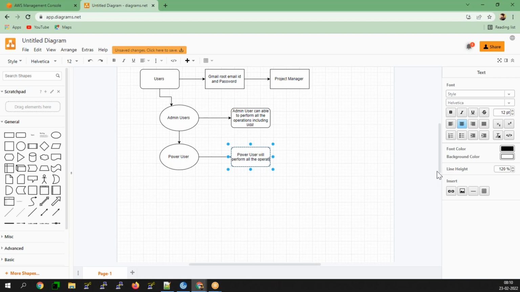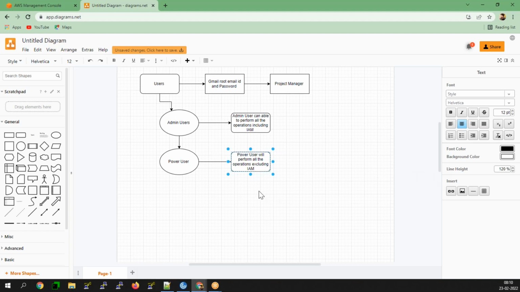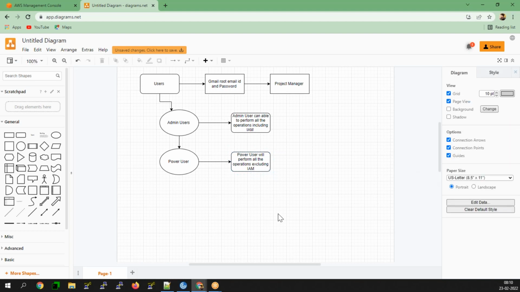This is one main important thing, excluding the IAM. This is how it is going to happen here.